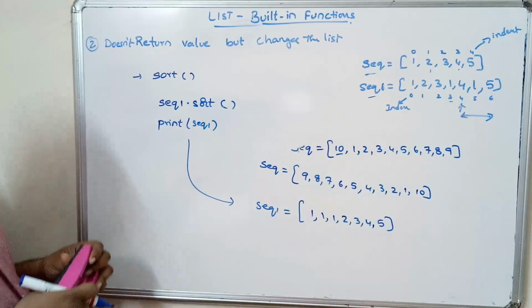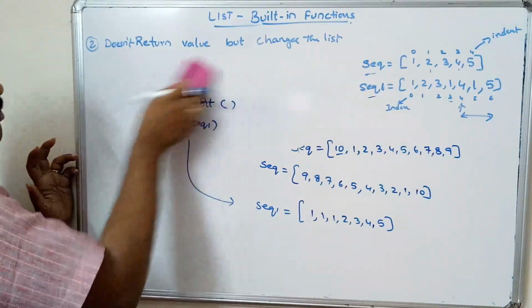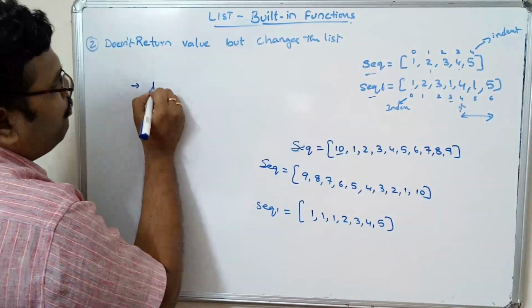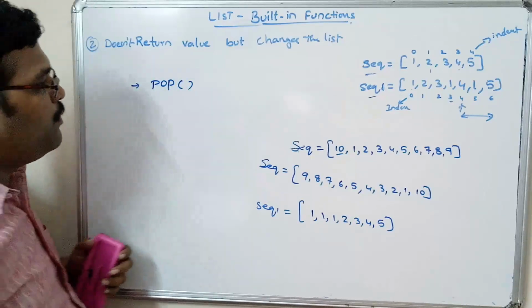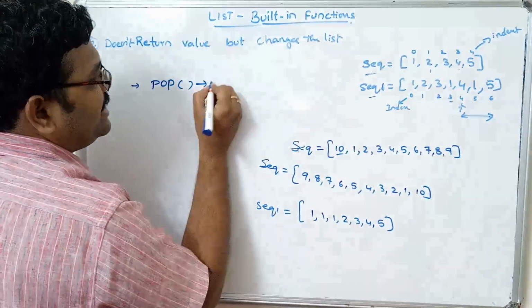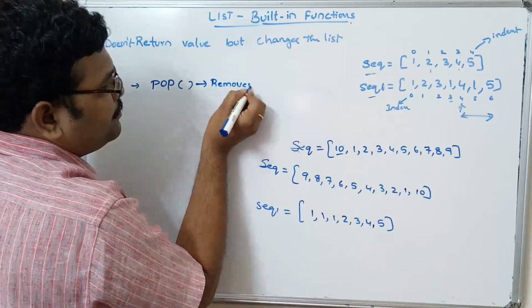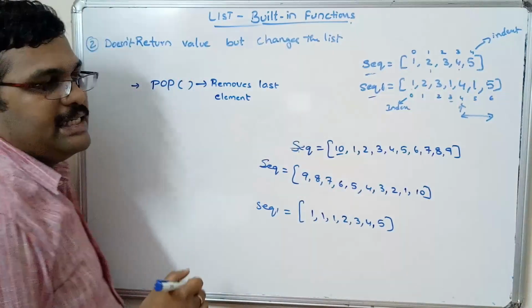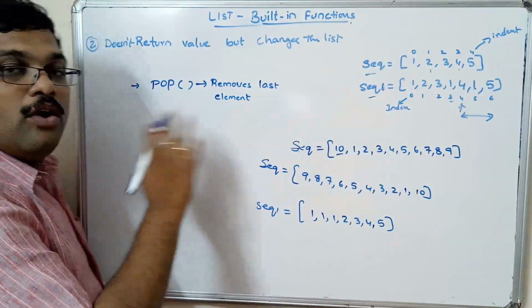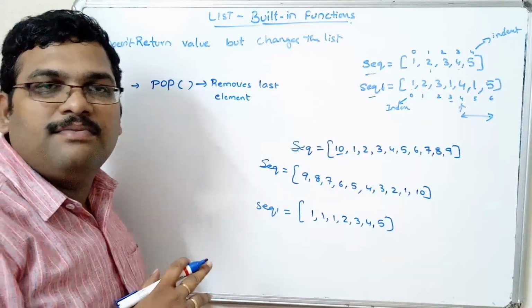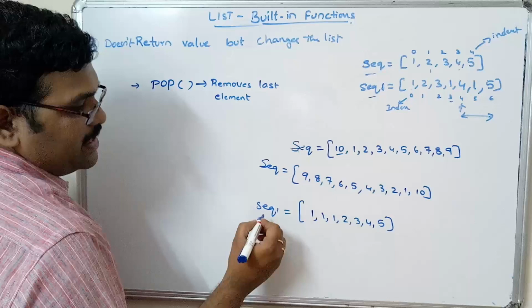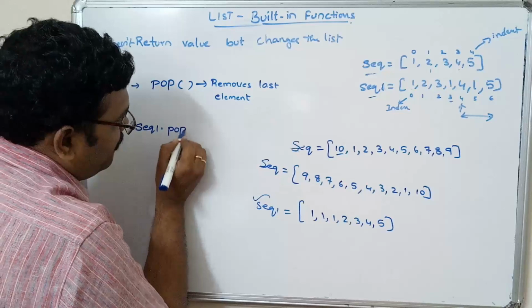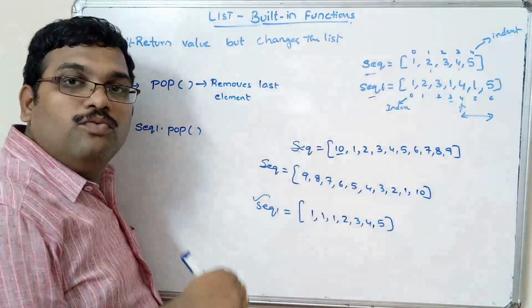Third one, now the last one is pop function. Let us take this pop function. So this pop function always removes the last element. It removes the last element from the list, right? So here also we are not giving any arguments in this function. So let us take this example, right? So sequence1 dot pop. So automatically it will return a value, which element has been deleted,